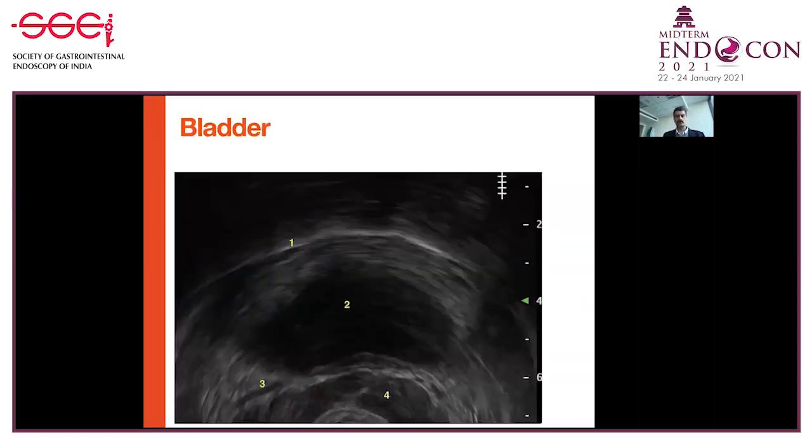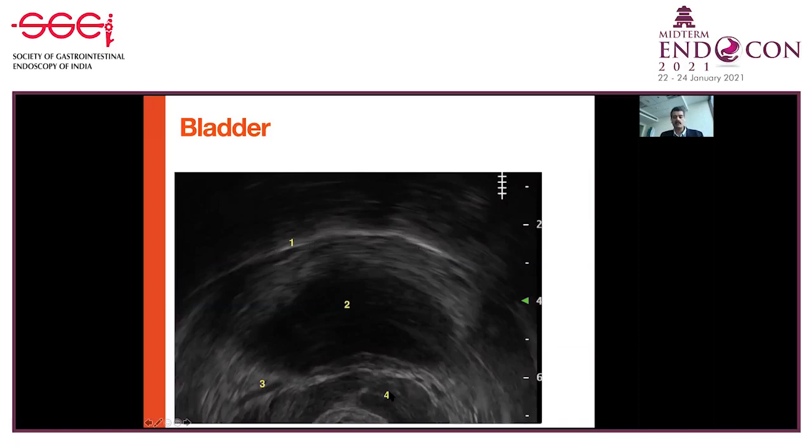Now, as you withdraw further, you reach the pelvic organs. The probe is rotated electronically, not by torque, but electronically on the ultrasound console, to place the pelvic organs anteriorly. And this is what you see in both males and females. This is a large filled bladder. You will often see the ureter entering the posterolateral surface of the bladder like this. The pubis with its hyperechoic reflection is seen anteriorly.